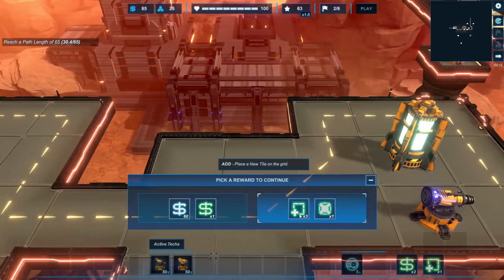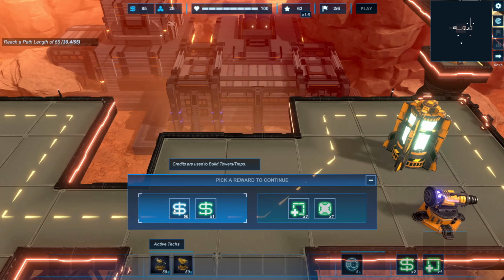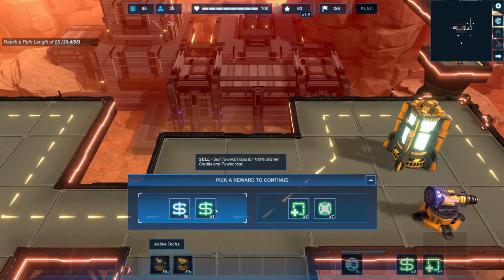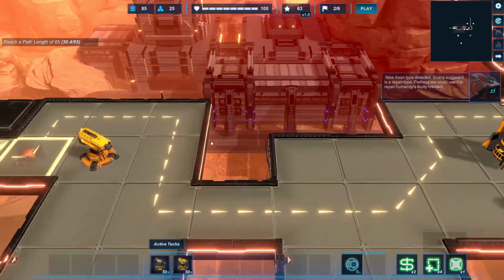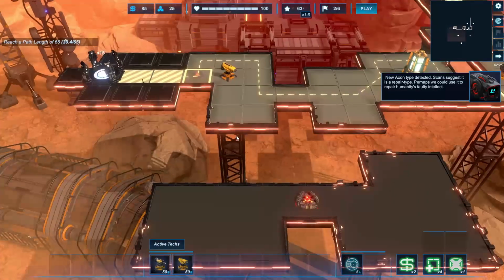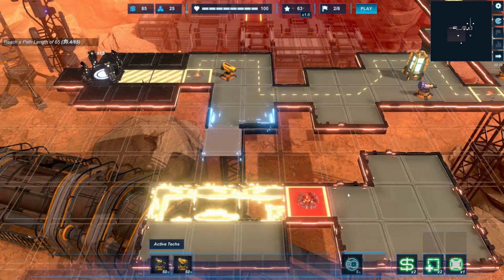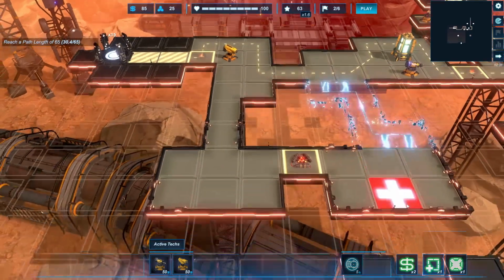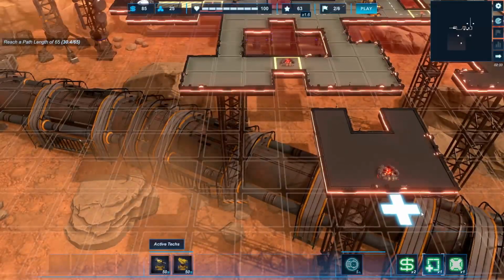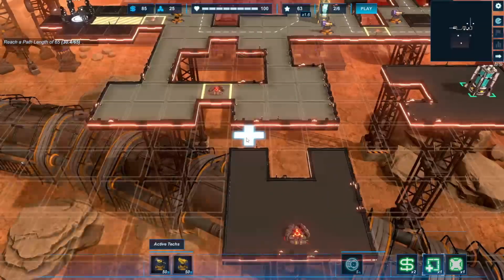All right, well, we can get 3 new ad tiles and a blocker tile, or we can get money and money, or a cell tower. So we're going to definitely go with the ad tiles so that we can start extending this out. We now have 4 ad tiles available. Let us add a couple here and 1 there. And we still have 1 additional one that we're going to use at some point, probably to go this way